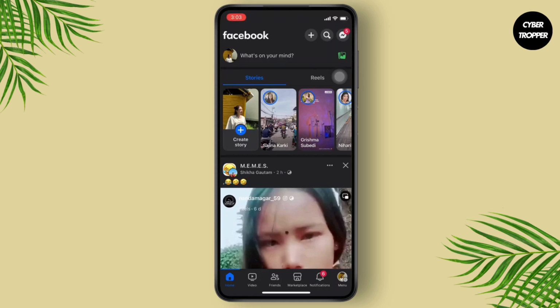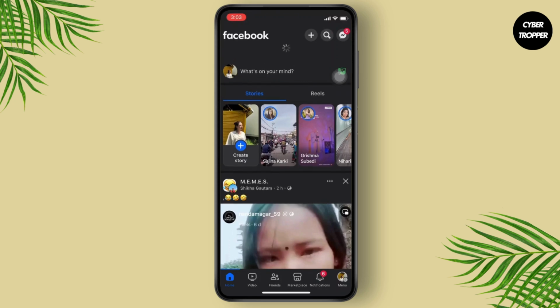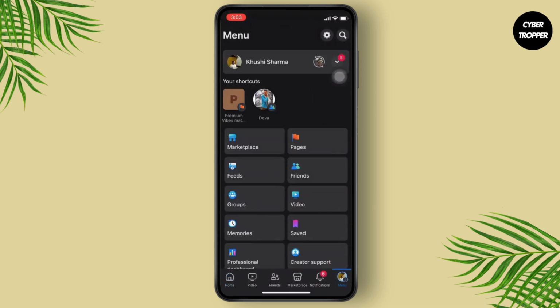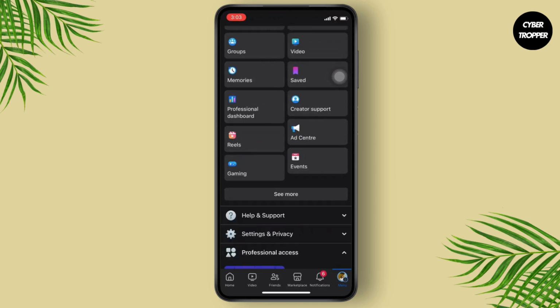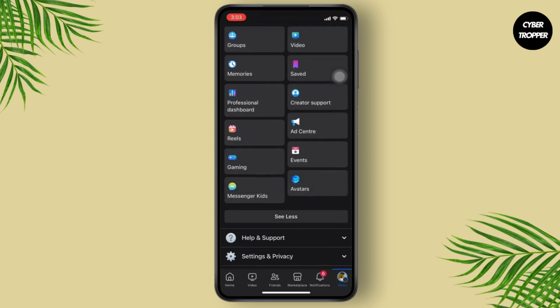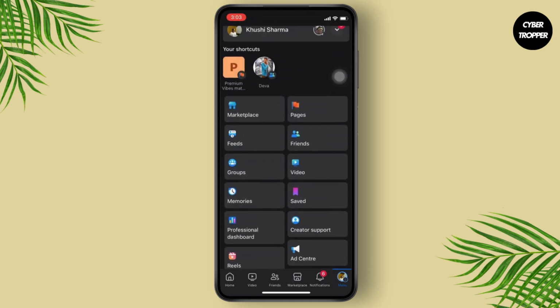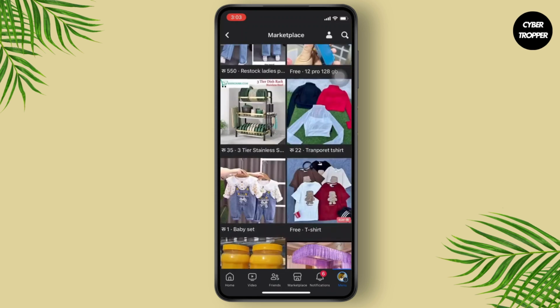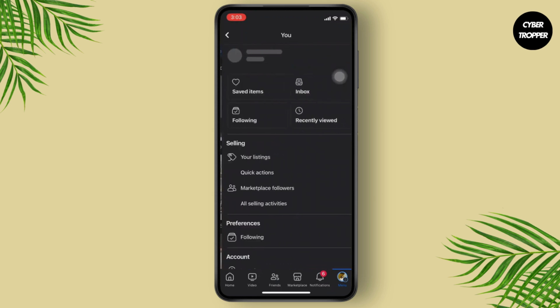right corner. And after clicking on our menu, we will see a lot of options there where we can see Marketplace. If you don't see your Marketplace, you can simply click on See more and you'll be able to see your Marketplace option. Then you can click on it, and after that you can click on the menu option, which is